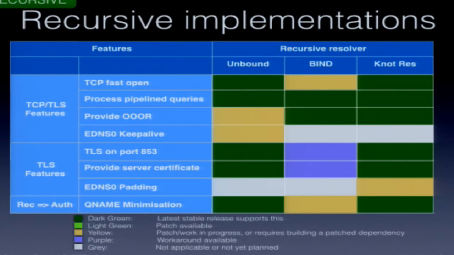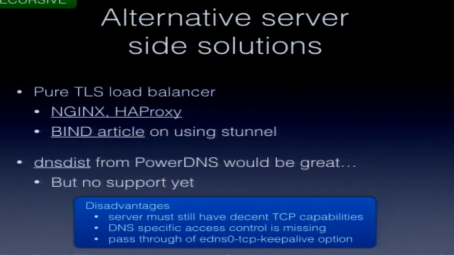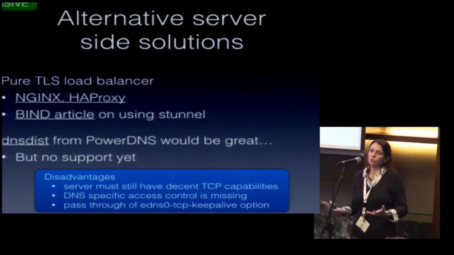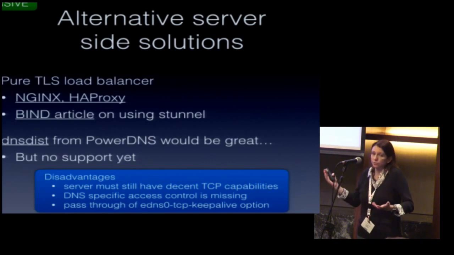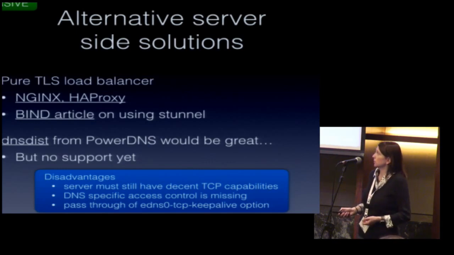So these are 3 well-known open source DNS name servers. Other implementations are available, I should stress. I've just chosen 3 to illustrate it. But there's work in all of these on the new standards that are happening. The purple box in front of BIND is there because at the moment the approach of the BIND folks is not to put TLS directly into the name server. Rather, what they're proposing is using a TLS proxy in front of a name server. And there are lots of technical reasons this makes sense, and there are lots of proxies available. So this is certainly a viable way to do it.